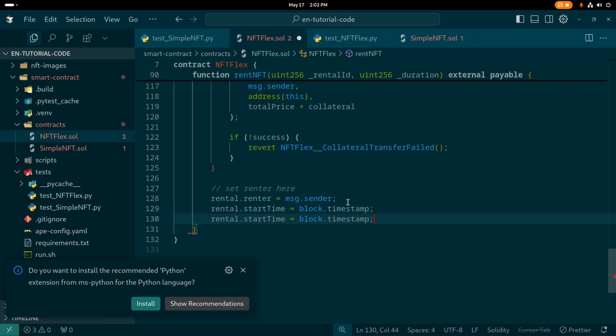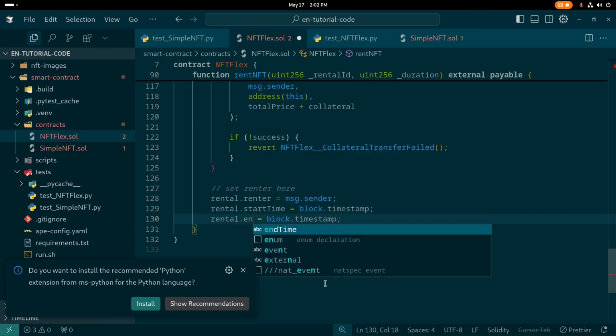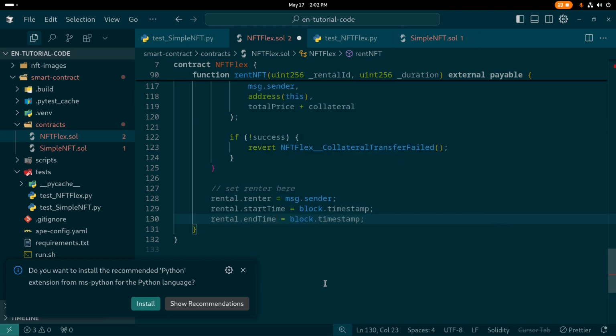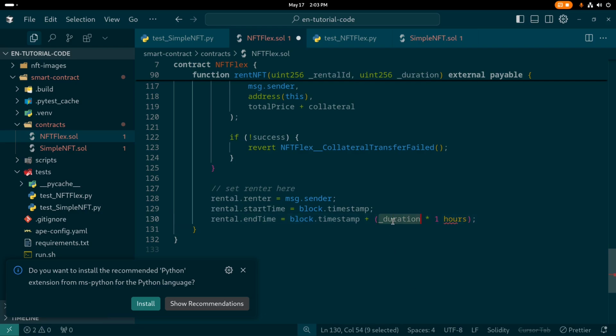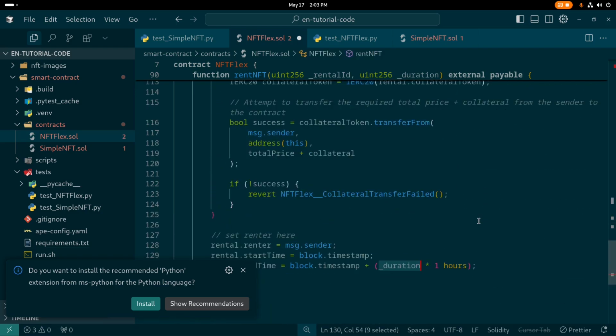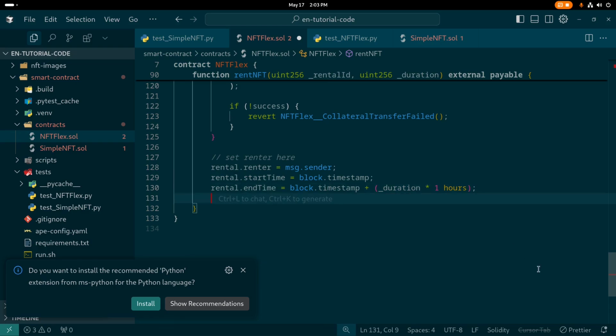Let me copy and paste it below. This will be end time. End time will be block.timestamp plus _duration multiplied by one hours. Let me check the duration spelling is correct or not, because I made a lot of spelling mistakes. Now the next parameter we need to reset is